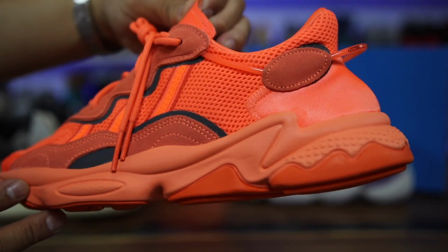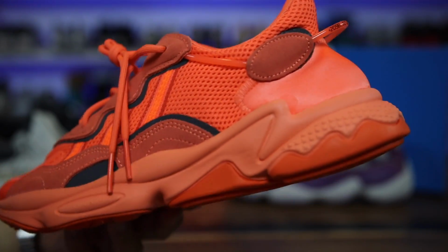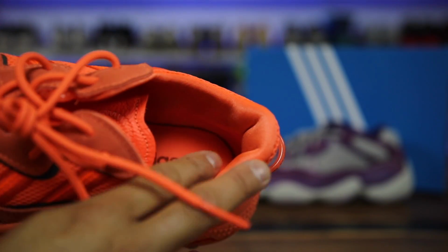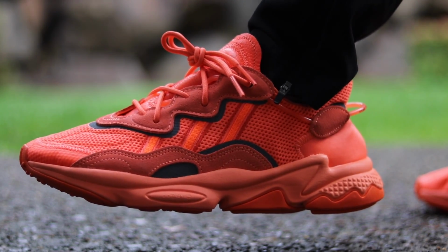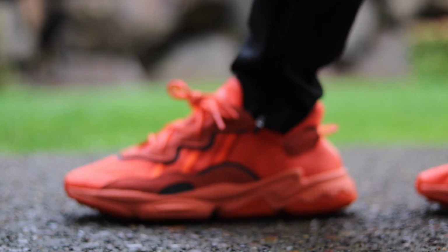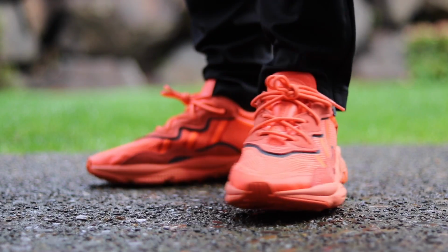Also, the midsole, as I already mentioned, has a crazy looking design, reminds me of the Yeezy 700. The liner is made from like a soft nylon type material or something. It's just comfortable and it feels nice on feet. And all in all, I think that this model is just one of those ones that people have slept on,